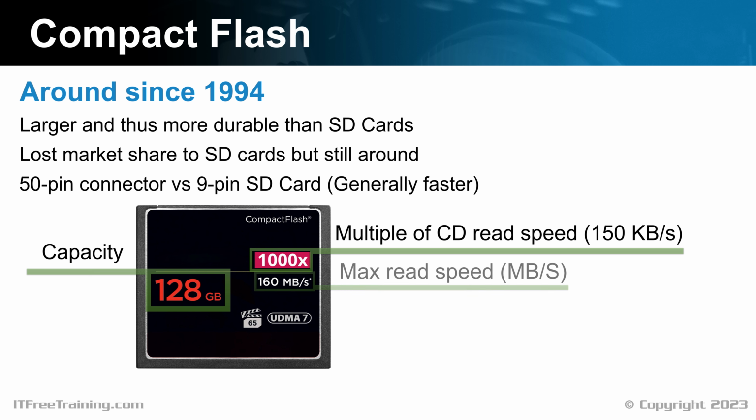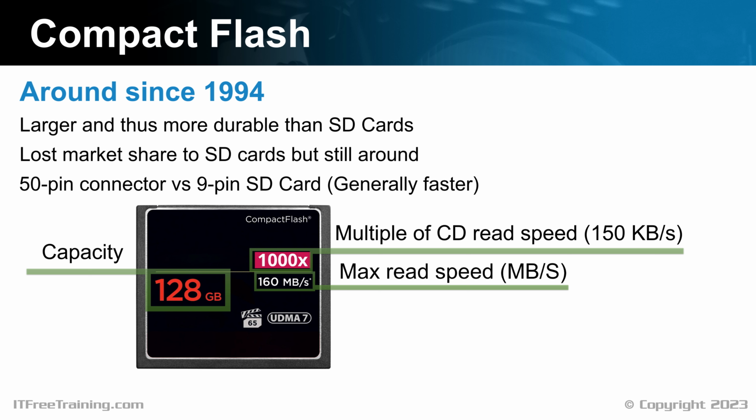The next figure is the maximum read speed. Keep in mind that this is essentially the maximum speed that the compact flash will operate at, and it's unlikely to be able to sustain that speed for a long period of time. Generally, speeds like this are burst speeds, and the actual speed you get starts dropping pretty quickly.